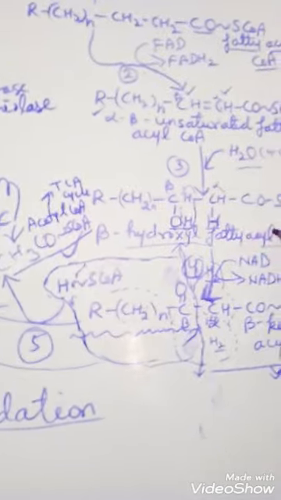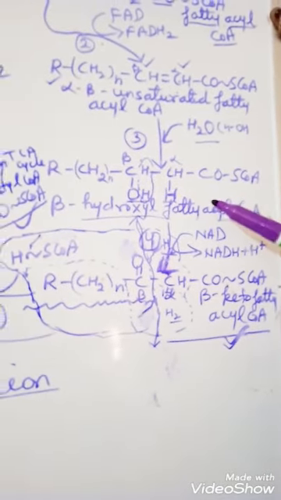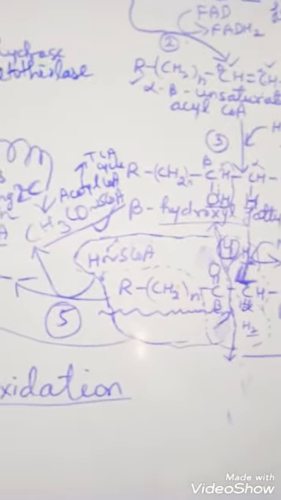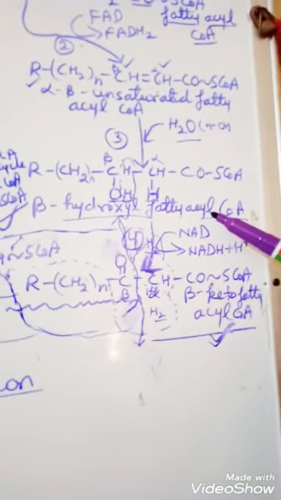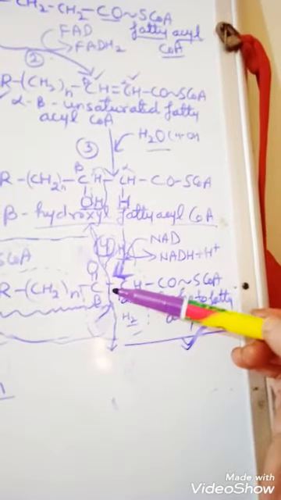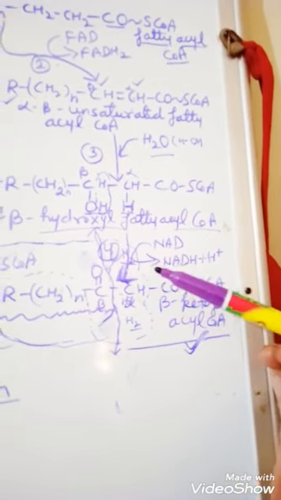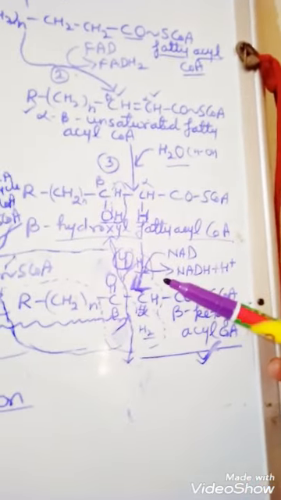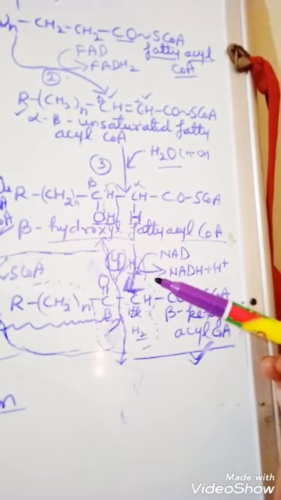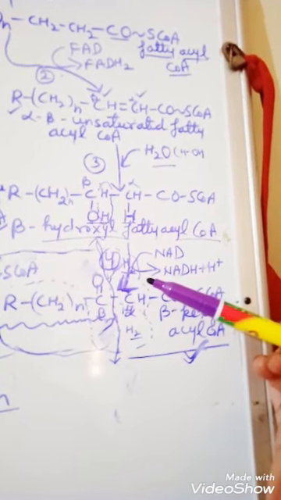You could see here. Then in the next step, the beta hydroxyl fatty acyl coenzyme A is dehydrogenated to give beta keto fatty acyl coenzyme A in the presence of the enzyme dehydrogenase or beta keto reductase